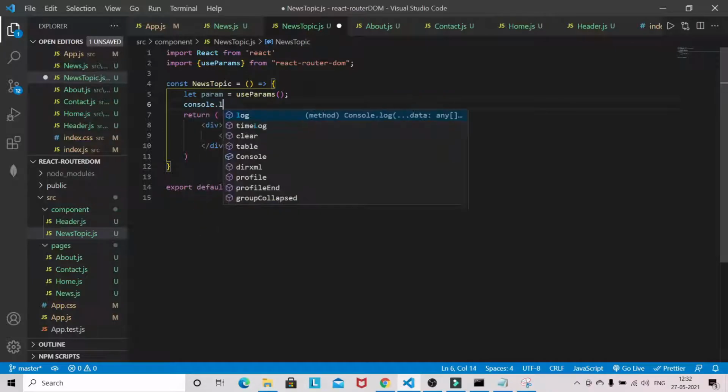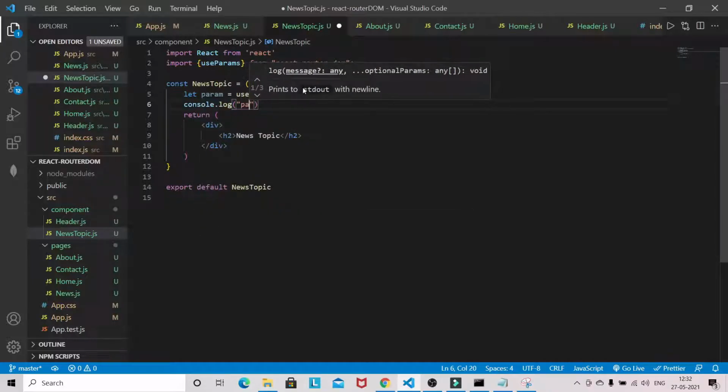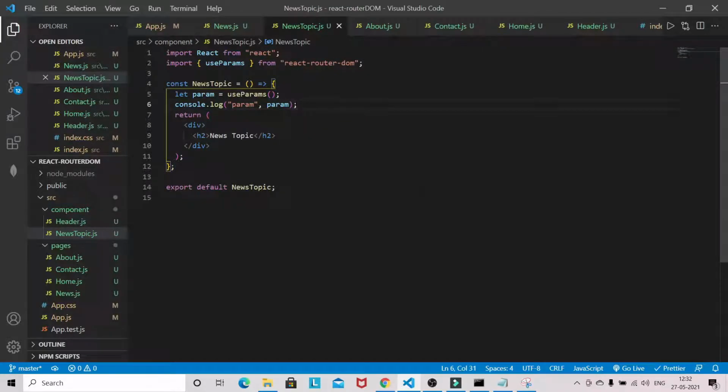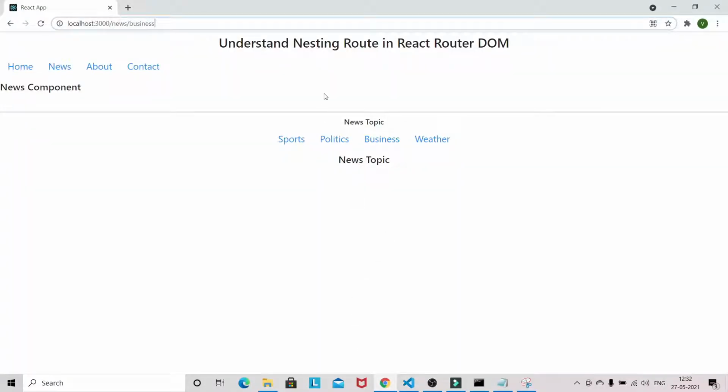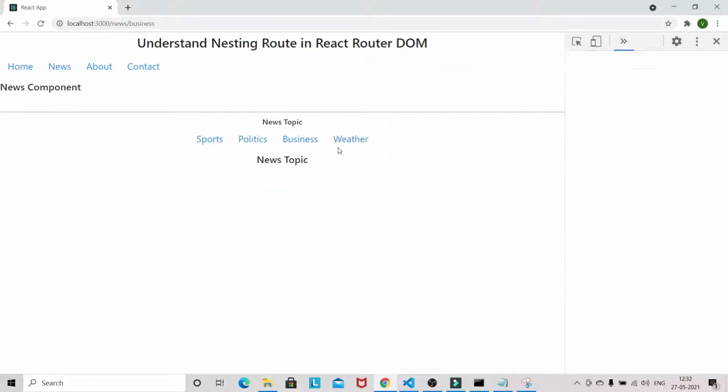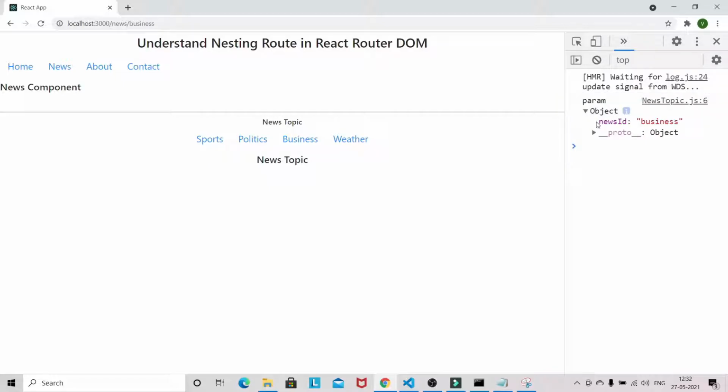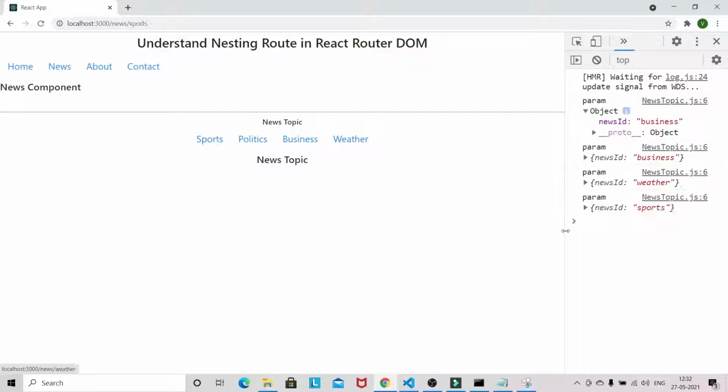So just console log params. Let's see. We got the object, and you can see that after changing, this param is getting changed. From params we have to destructure the news ID.